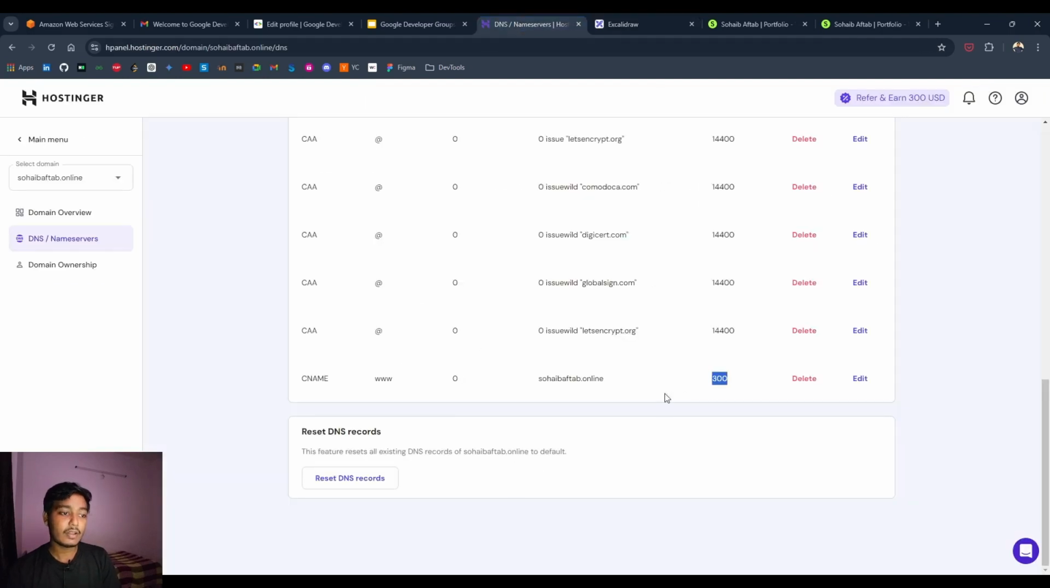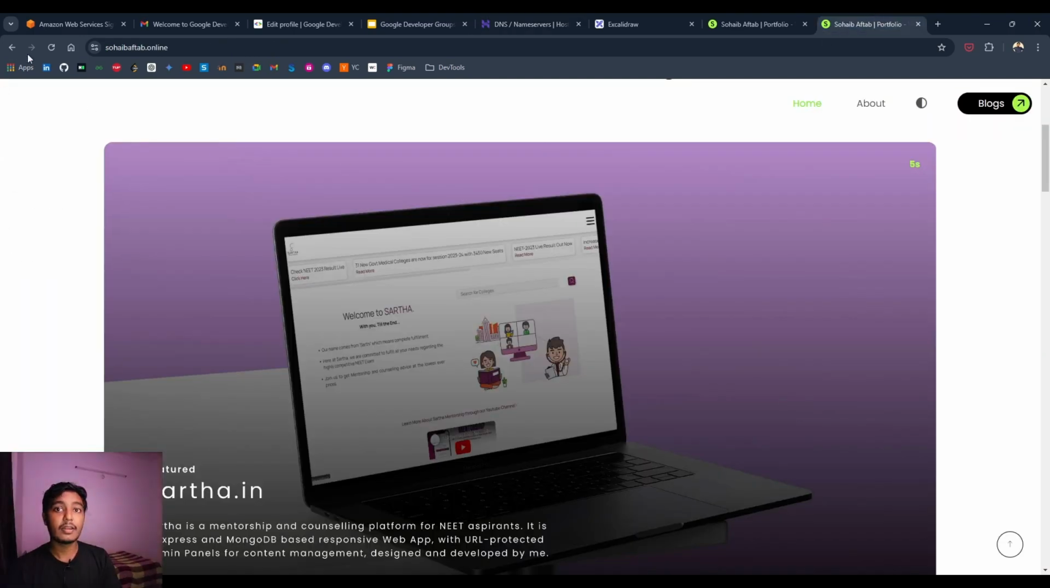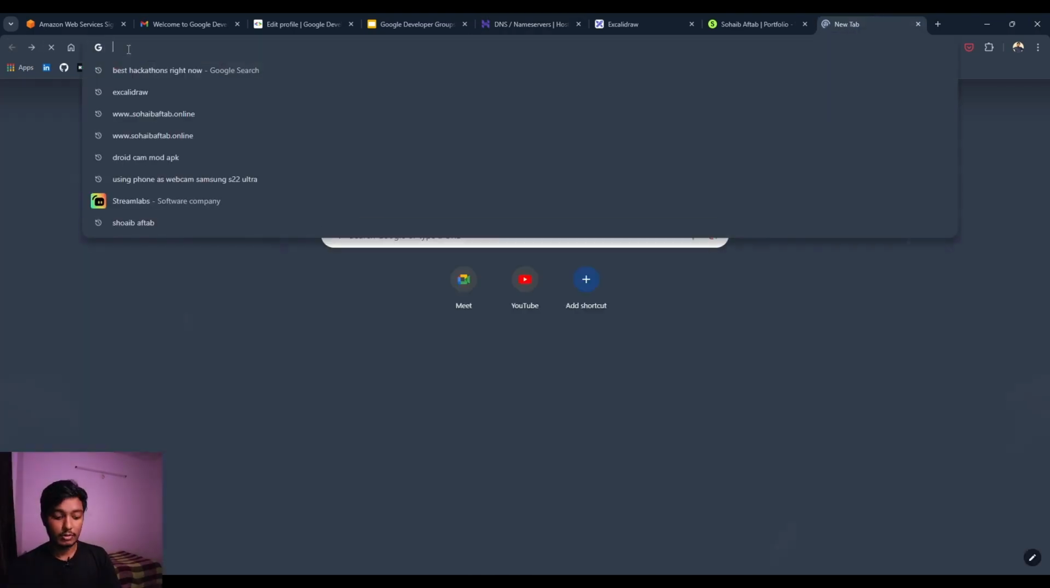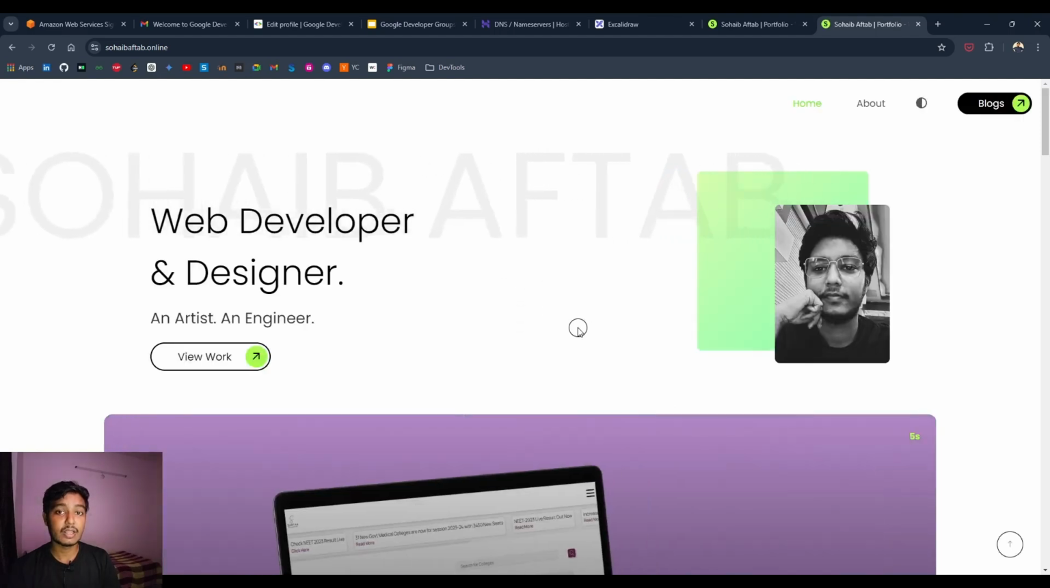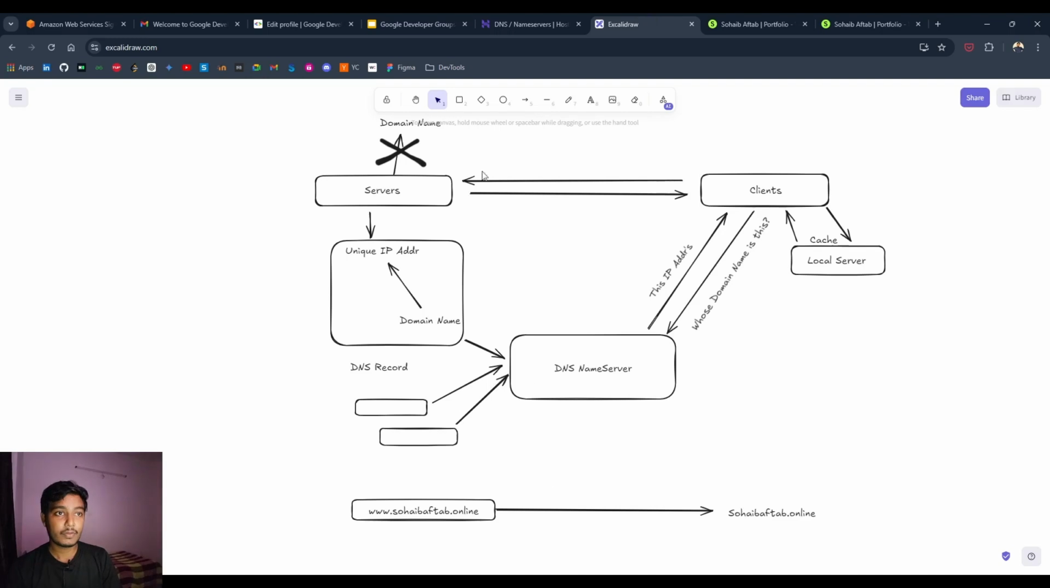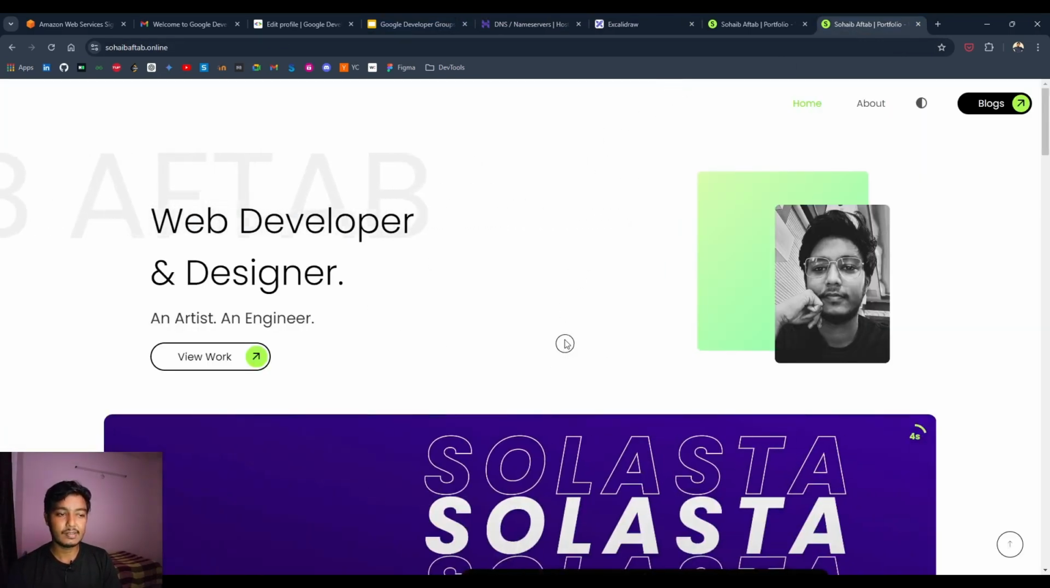So imagine if we are to change this to point to /blogs, sohaibaftab.online/blogs, and now we update it. And if I try to go to the website again, see, it does not redirect me to sohaibaftab.online/blogs. It redirects me to the home page, which was the older record. Okay, the older record. That is because this update has not occurred in the local DNS server